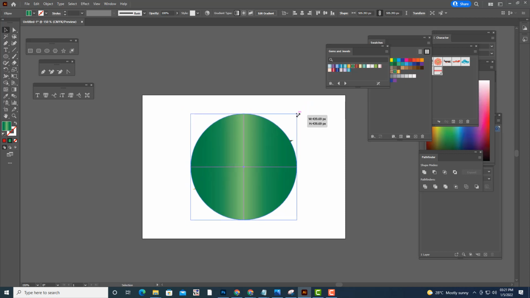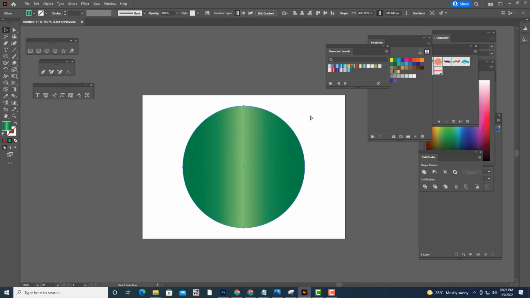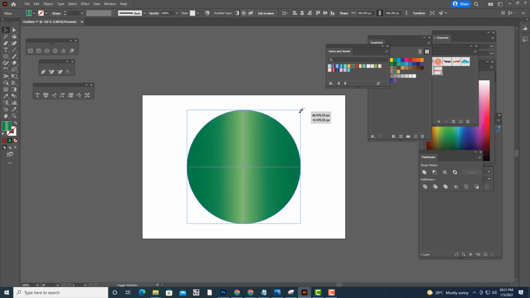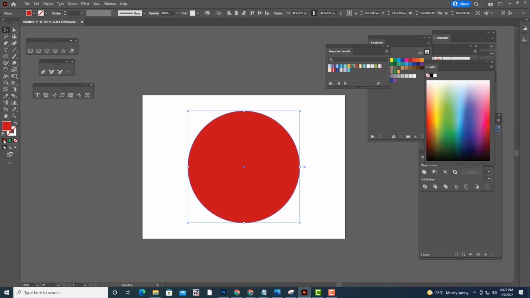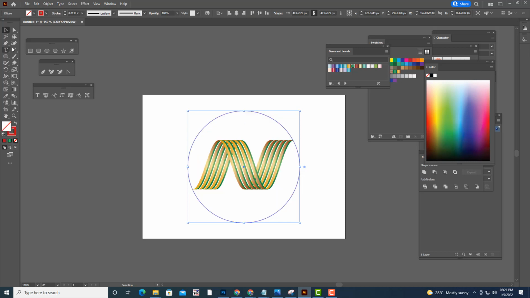So you see we can use this one, center align. Alt shift is to center align. And then we will do one thing, we'll just take an outline here, just turn off the fill.